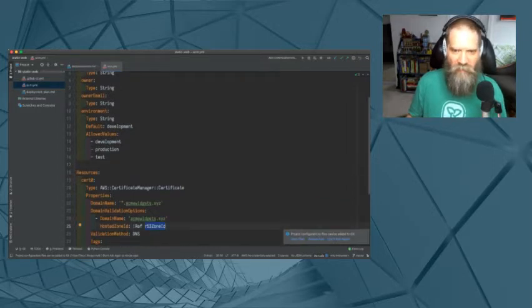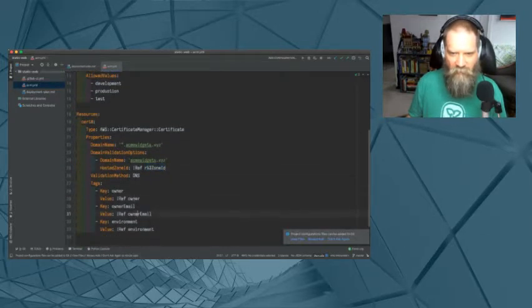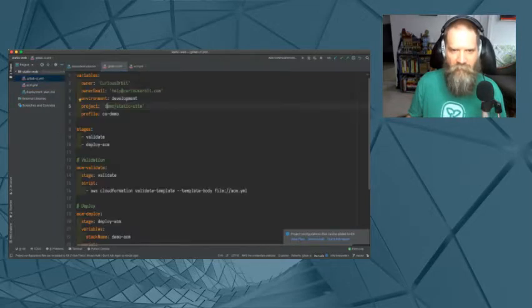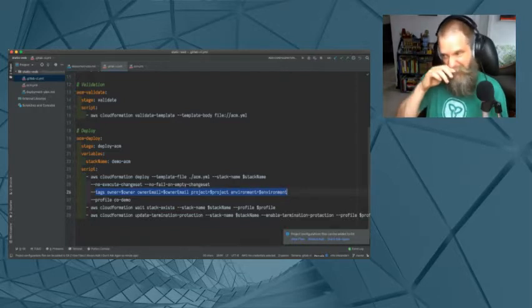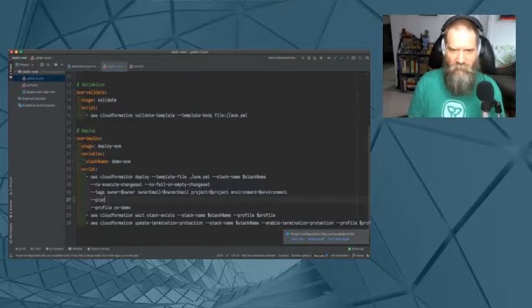Well, we missed the zone ID, which we have to grab, so that's easy to fix. Owner email, environment. You know what I did? I know what I did. Those are parameters. So what we're doing here is we're setting tags on the stack itself, but I still need to do this. Parameter